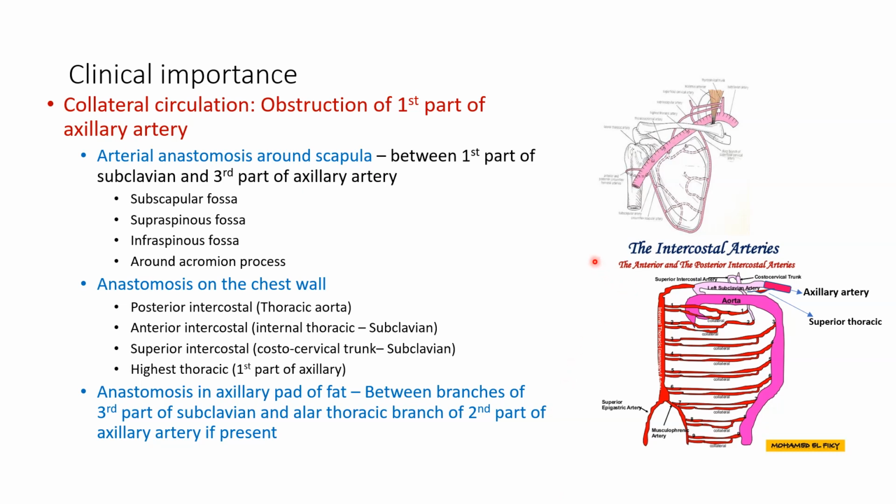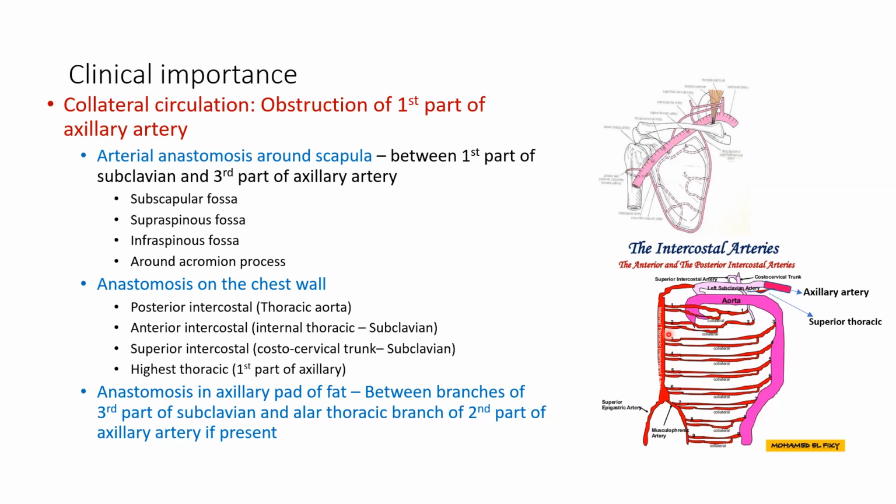the anastomosis between the first part of subclavian and third part of axillary artery provides the collateral circulation. So the scapula will be showing anastomosis in relation with the subscapular fossa, the supraspinous fossa, the infraspinous fossa, and around the acromion process. In the case of anastomosis on the chest wall, which you are seeing in this image, there